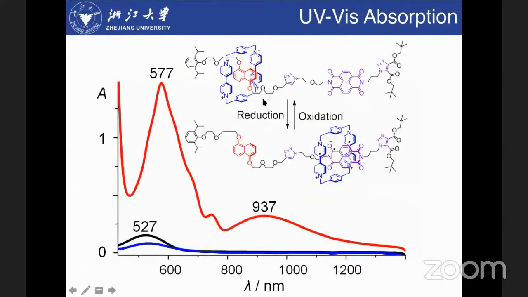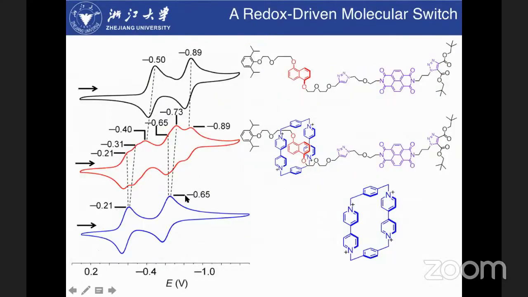And we use this method to get a molecular switch. So in the beginning, the macrocycle is electron deficient. If it is electron deficient, it will get an electron-rich friend by pi-pi stacking donor-acceptor interaction. And if we reduce the macrocycle and the naphthalene diimide to the radical, then the radical macrocycle will find a new friend, they can do pi-pi stacking with another radical. You can see we can also use the CV to see this is totally reversible.